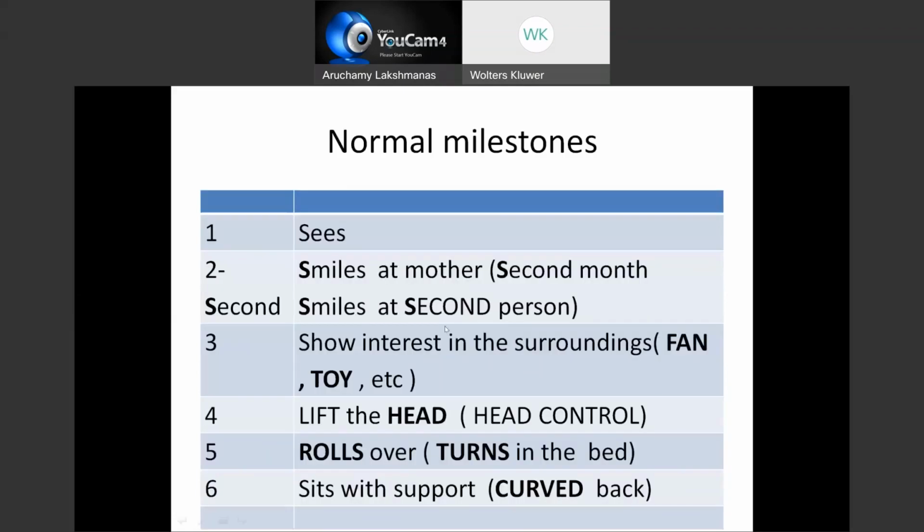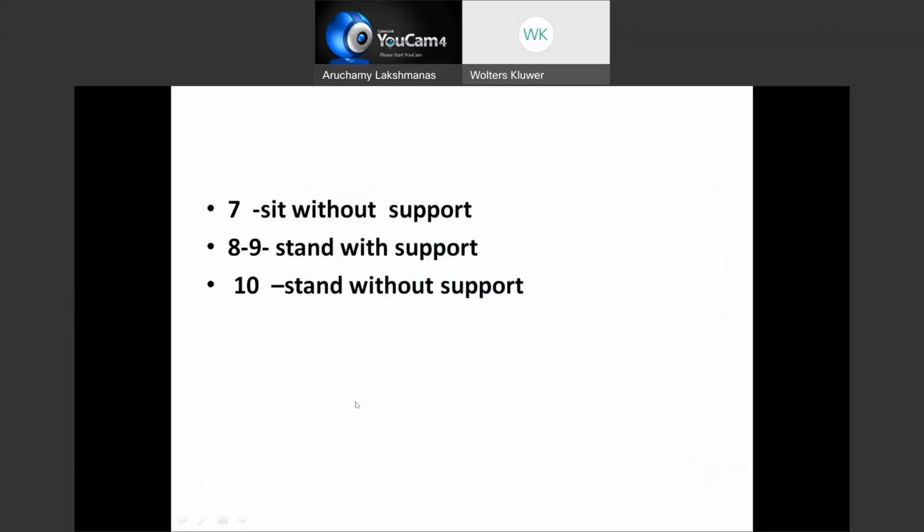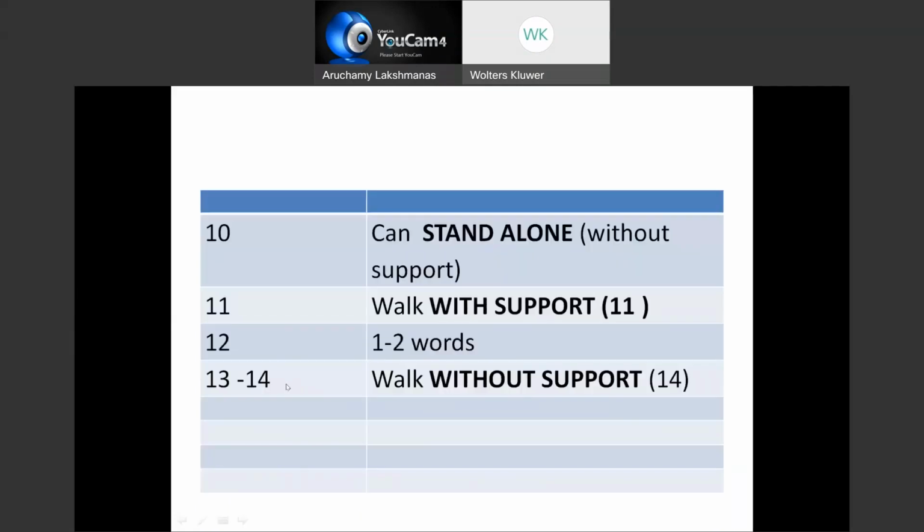1 month, it will see. 2 months, it just comes down, lips, smile. 3rd month, neck, it will turn here and there, interest in surroundings. 4th month, head control. 5, rolls over. 6, sit with support, like 6. 7, sit without support, like 7. 8, stand with support, 8 to 9 months. 10 months, stand without support. 11 months, walk with support. 12 months, it will not walk with us, so it